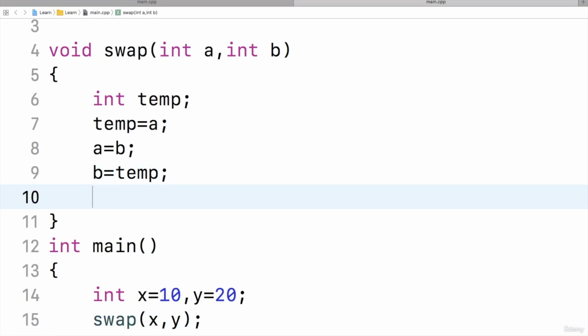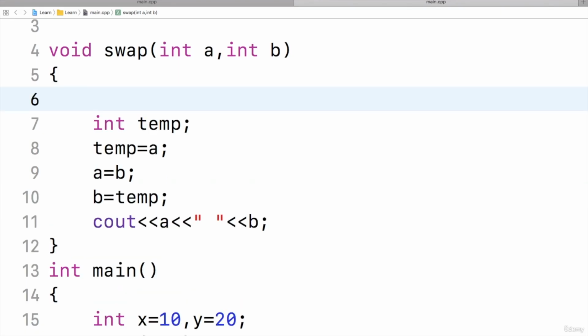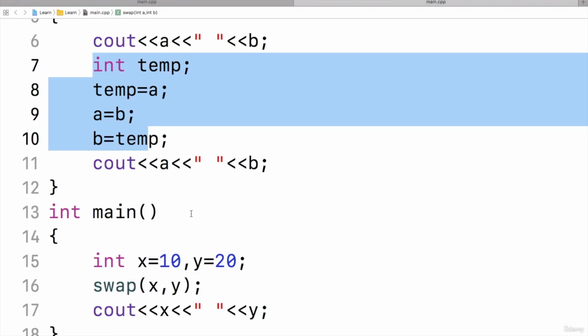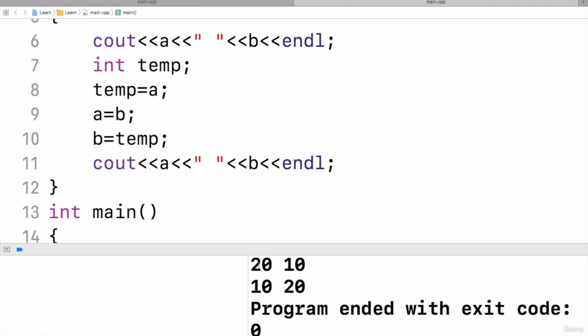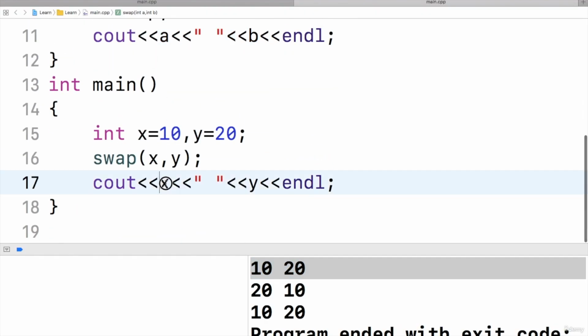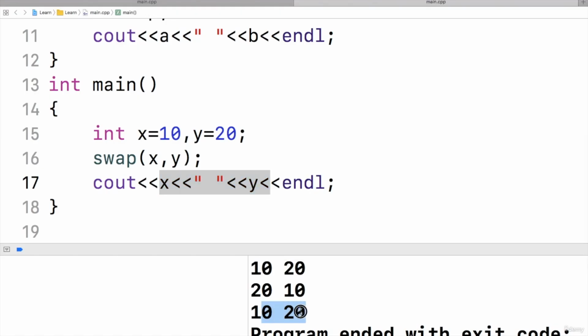So I'll do one thing, I will display a and b also, so you can know what the values of a and b are. And before swapping also I will display their values. So first I will display the values, then swap them, and again display the values, and let us run this and see. Yeah, first values are 10 and 20, that is in the beginning, here they are displayed. Then 20 and 10, so the values are changed. And finally it is displaying the values of x and y, they remain the same, that is 10 and 20 only,